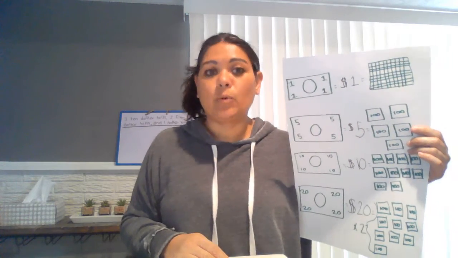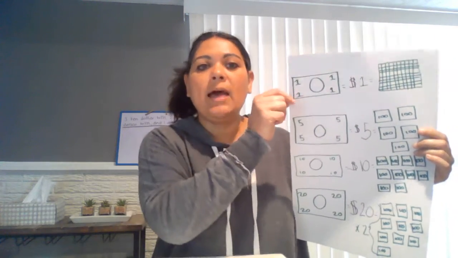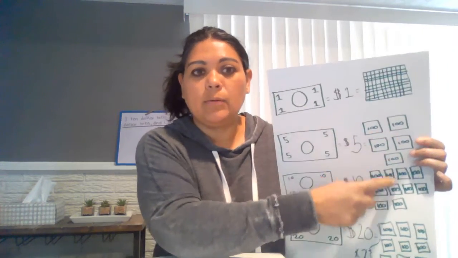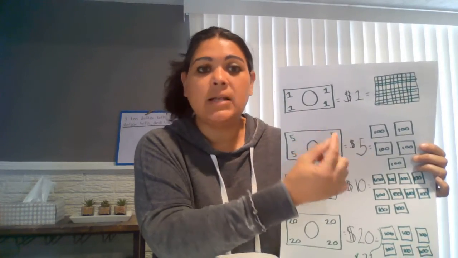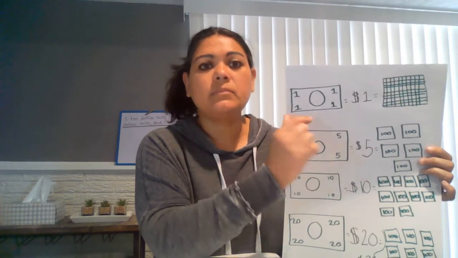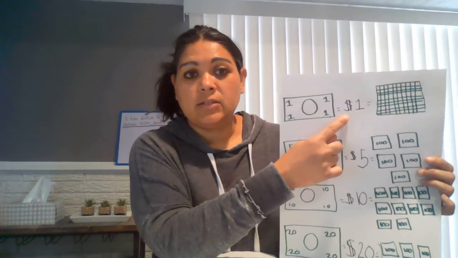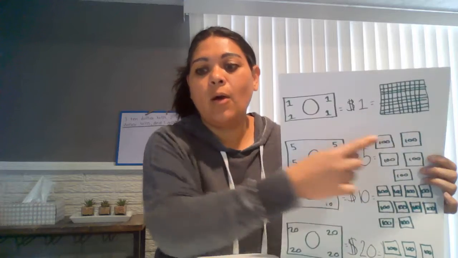Next, let me show you your dollar bills. And I have a feeling that this is probably one of your favorite things to count when we're talking about money. So we have our dollar bill, and just like we used to do, I taught you all with your base 10, when you draw your picture representations, put the value in it. So this is $1. You see the dollar sign in front, or 1